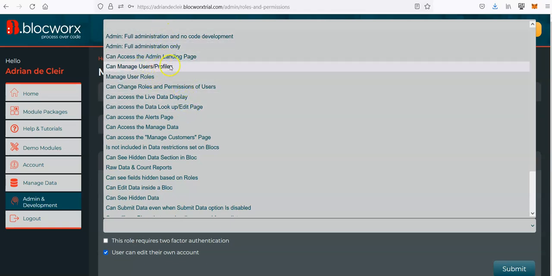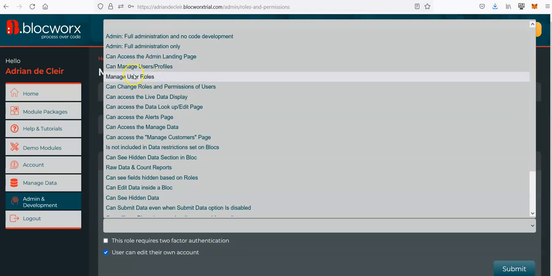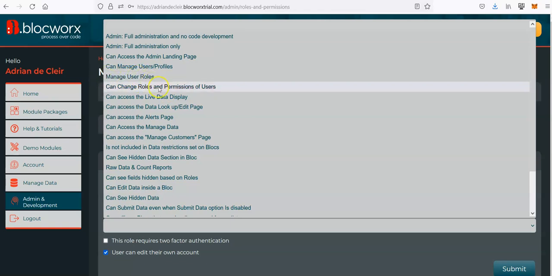There's also ones where you can manage roles and not just manage the users. And so the manage user roles, for instance, allows you to create these roles that I'm showing you here. You can change roles and permissions of users. This allows a user to change the permissions of another user, which is quite a powerful feature if you think